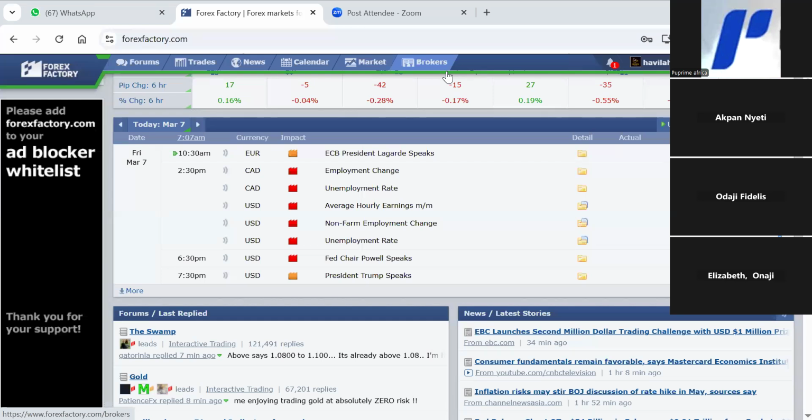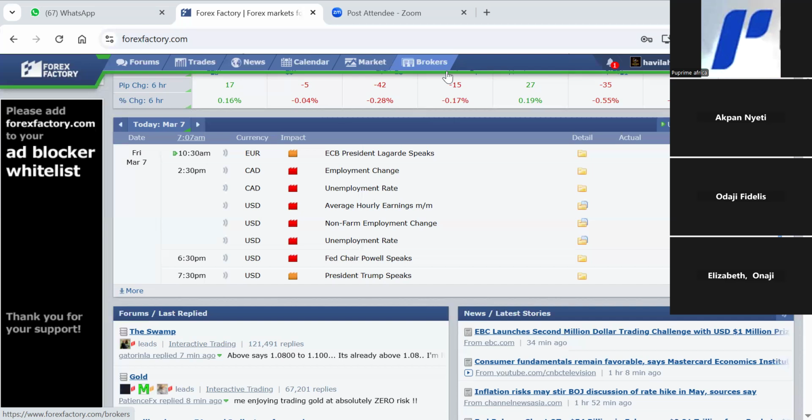The direct cost now goes to Nigerians to pay, bringing up increased cost in healthcare. The only cost that the American government says they will keep funding is funding for HIV, because that one is a life and death issue. All other funding for vaccination and other things, they stopped it. So these are the secondary effects of the shutdown of USAID. So the question is, with USAID shut down, what is the unemployment rate going to be like? What's the data going to be like for the US this time around? Is it going to be good for the currency or bad for the currency? Is the actual going to be greater than forecast or less than forecast?